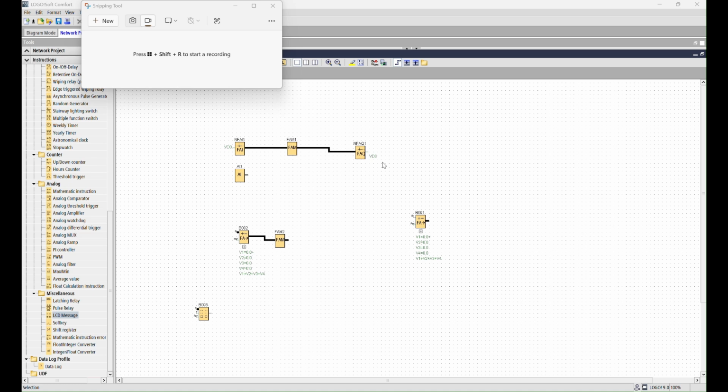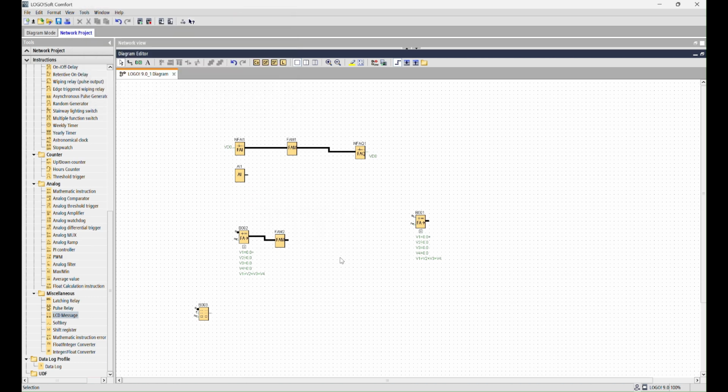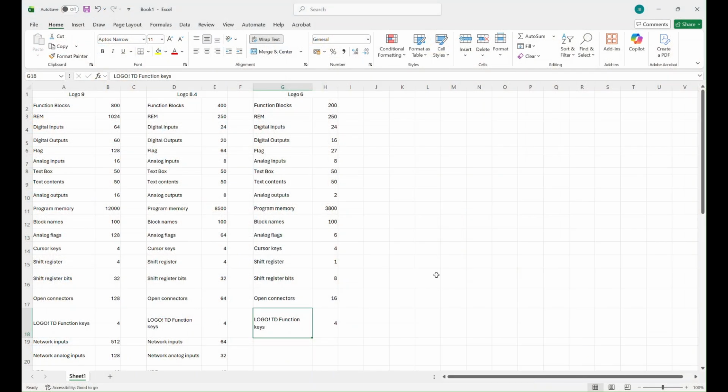Video to go over the new ComfortSoft 9 that's just been recently made available from Siemens. Some of the new features that have come out, so just a comparison between the different versions. I'm skipping 7 because I didn't really bother with that one. So it's a massive increase in the function blocks to 800 from the 400 we've seen on 8.4, and then